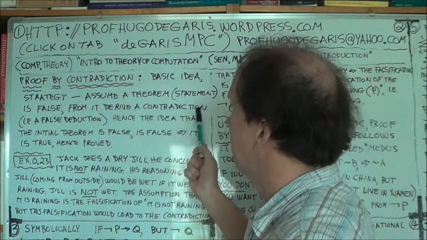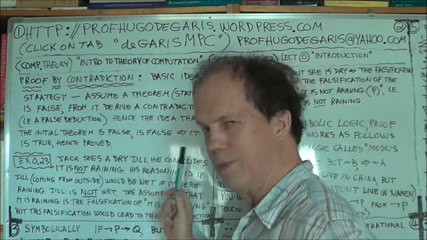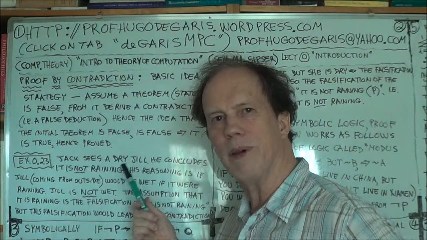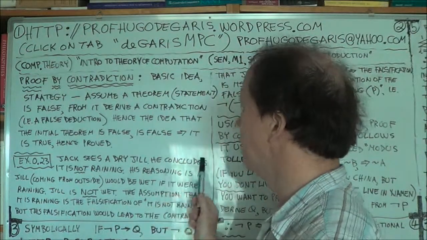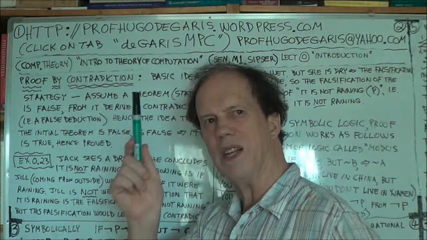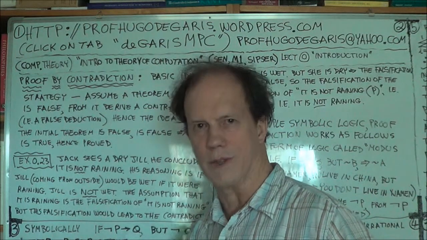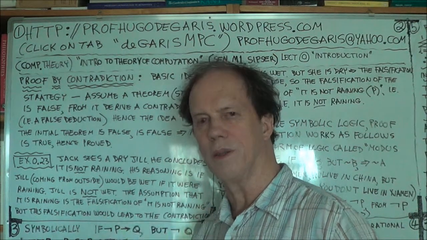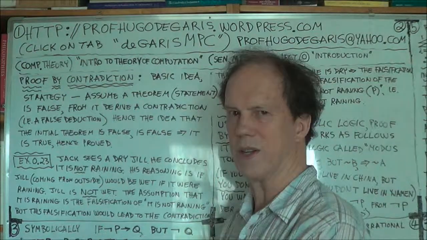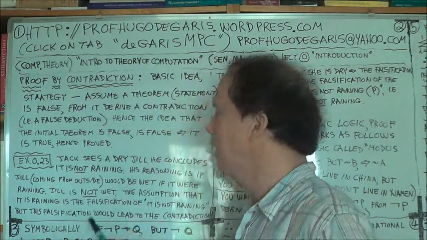Okay. All right, so Jack sees a dry Jill. Jill is not wet, right? She didn't get wet by the rain. So Jack concludes that it's not raining, meaning outside, assuming Jill has just come in from outside, and she is not wet. She doesn't have a wet umbrella, her clothes are not wet. She's dry. Okay, so